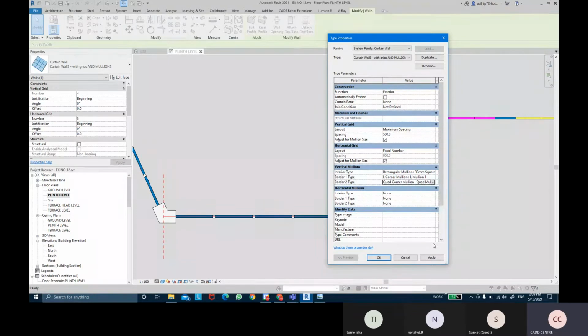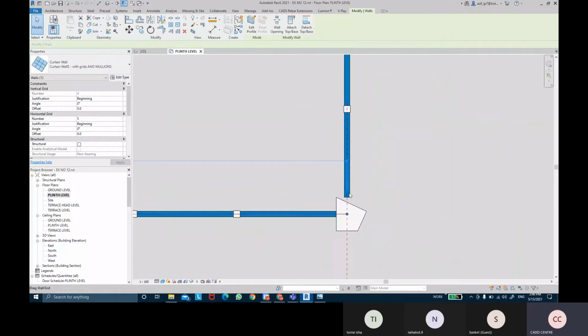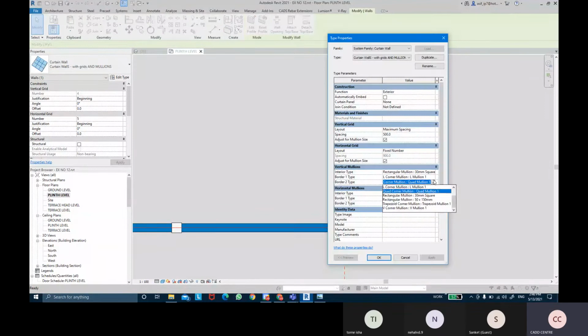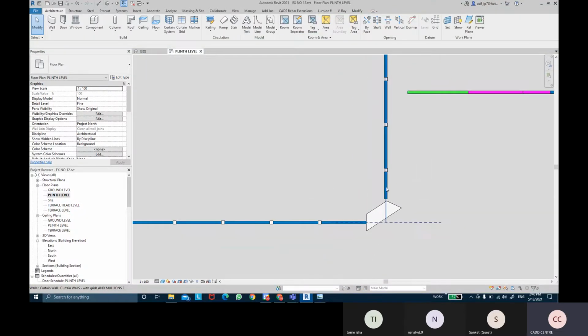If I use a chord mullion, you get this kind of chord shape, a little bit crossed, so not the one I prefer to use. Maybe I can use another type over here, maybe a square. I use trapeze mullion. That's what I get in trapeze mullion.